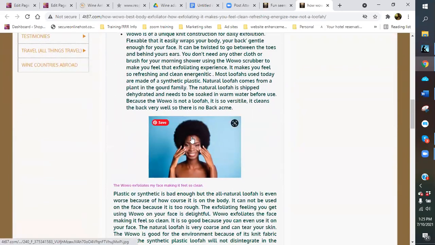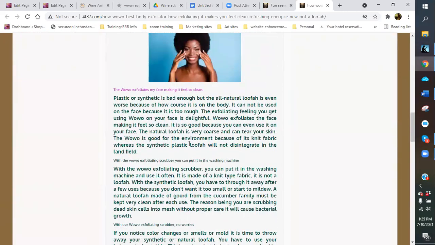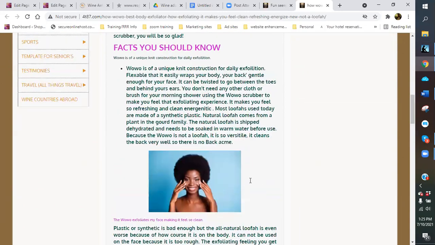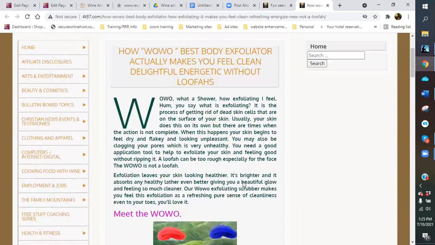Once you get into your picture, you might have to do some adjusting to the size of the picture so that the wording wraps around it or doesn't overpower the content. But you don't really have to change it so much as where you want to put it. If you want it to come down here, then you're just going to hit your arrow buttons on your picture, bring it down and hit right or left of content. And then once you see where it's at, hit your arrow again on your picture to move it up or down.